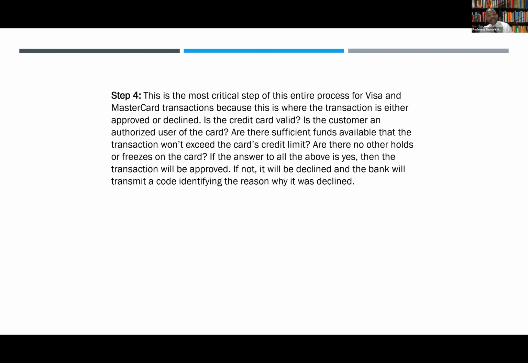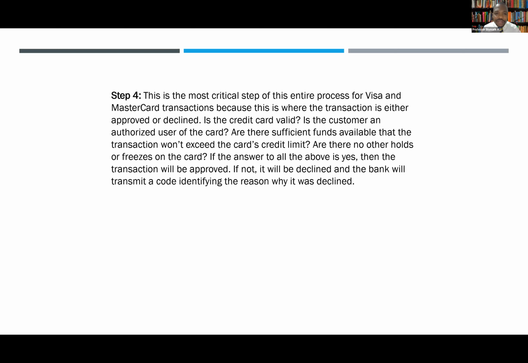Is the credit card valid? Is the customer an authorized user of the card? Are there sufficient funds available that the transaction won't exceed the card's credit limit? Are there other holds or freezes on the card? If the answer to all the above is yes, then the transaction is approved. If not, it will be declined, and the bank will transmit a code identifying the reason why it has been